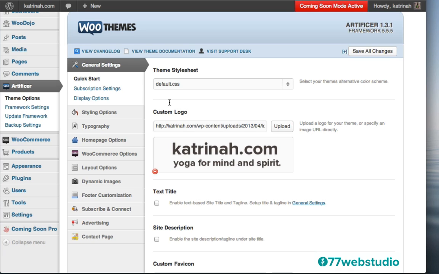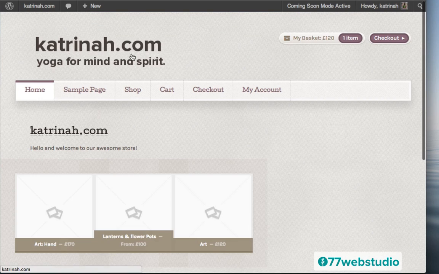Let's go take a look at that by going to the top left-hand side and clicking on Visit Site. And here we see our logo is now being displayed on the home page. So we see that we have quite a bit of work to do here. Let's start by taking a look at the menu. Right now you see this is the default menu that comes when you install WooCommerce. So let's add the top menu right up here at the top, and then we'll remove this menu altogether. Then we'll add some pages so we can start filling out the menu navigation items right at the top.